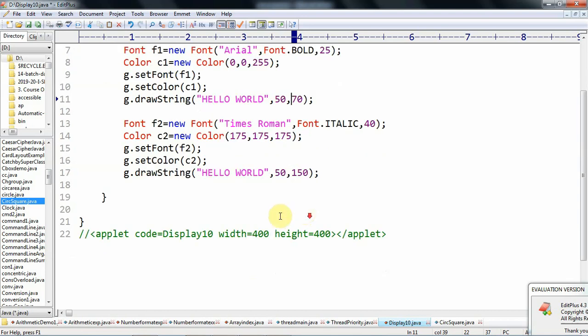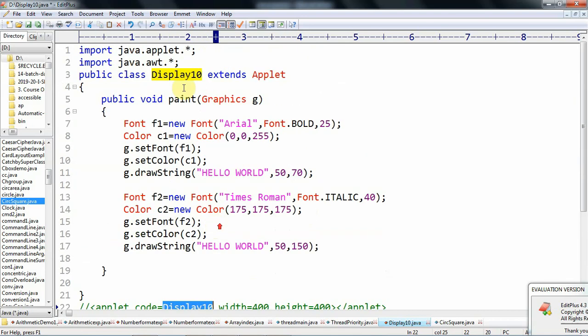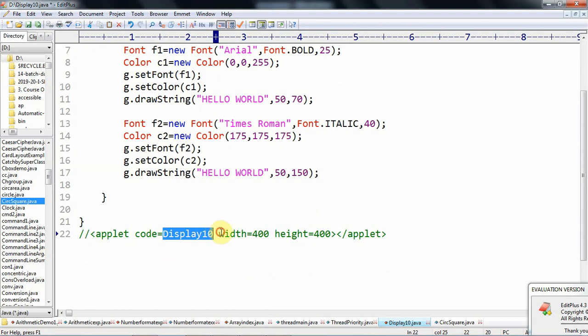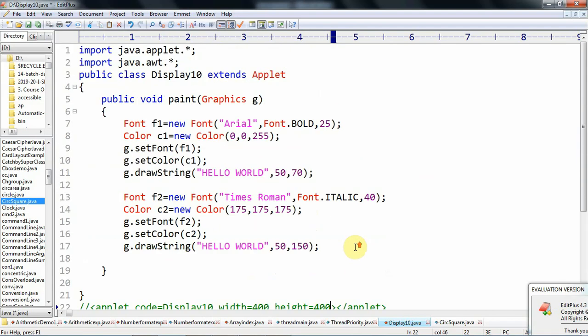70 and then 150. After that, the applet tag, class name, then the applet window width, total window width, and then the height of the applet, then the end of the applet.